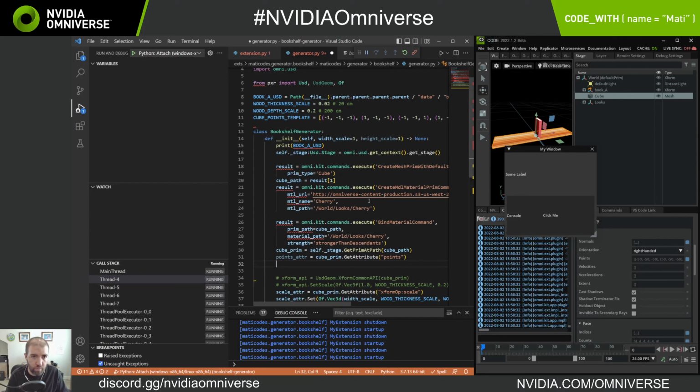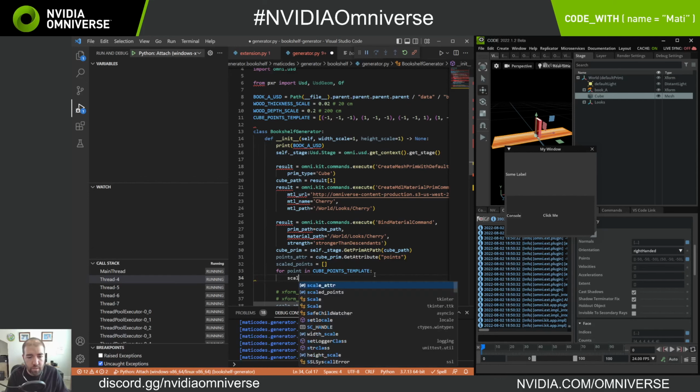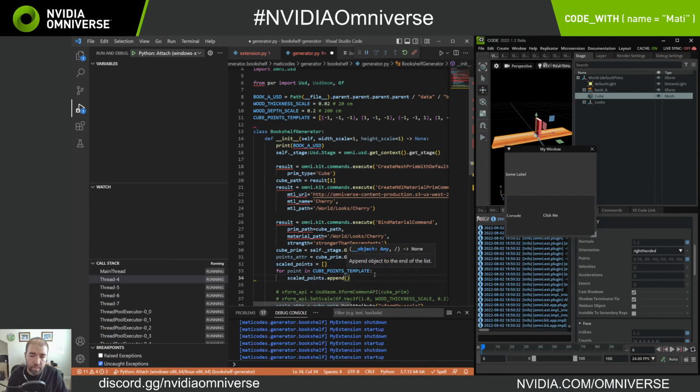Okay, so for point in cube points template, I want to do scaled points.append a new tuple, and I'm going to do